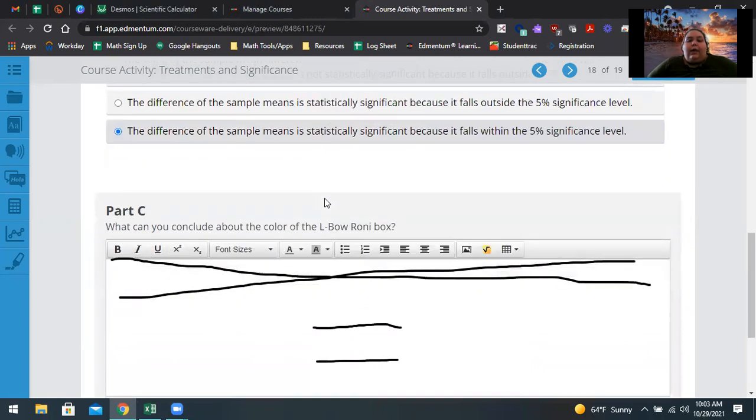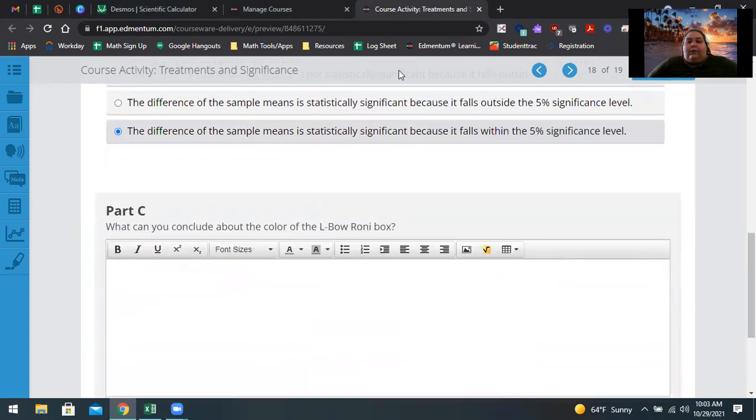And now that we know it is statistically significant, what does that mean in terms of buying the red box versus the blue box? So right there in your statement for part C, we are going to go ahead and mention it because it is statistically significant. There are people that